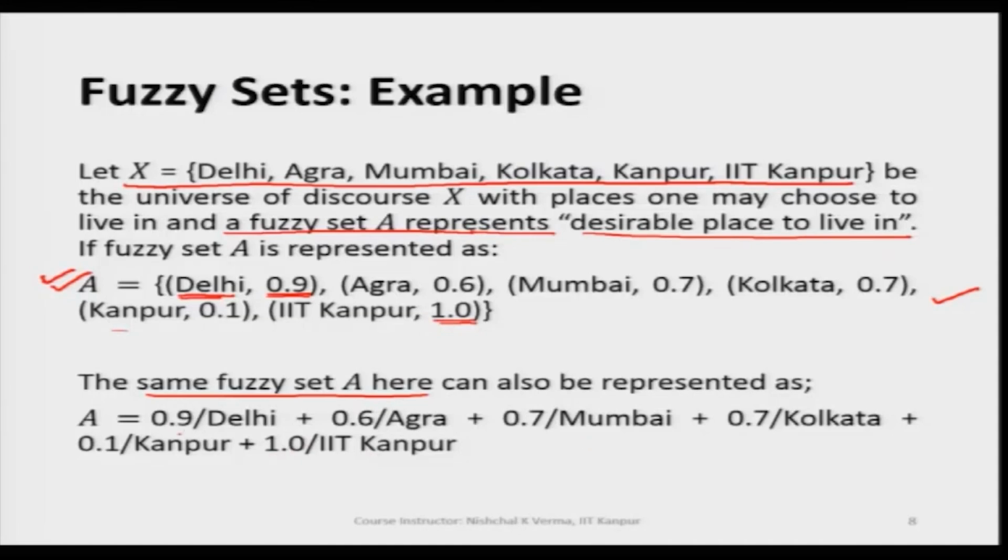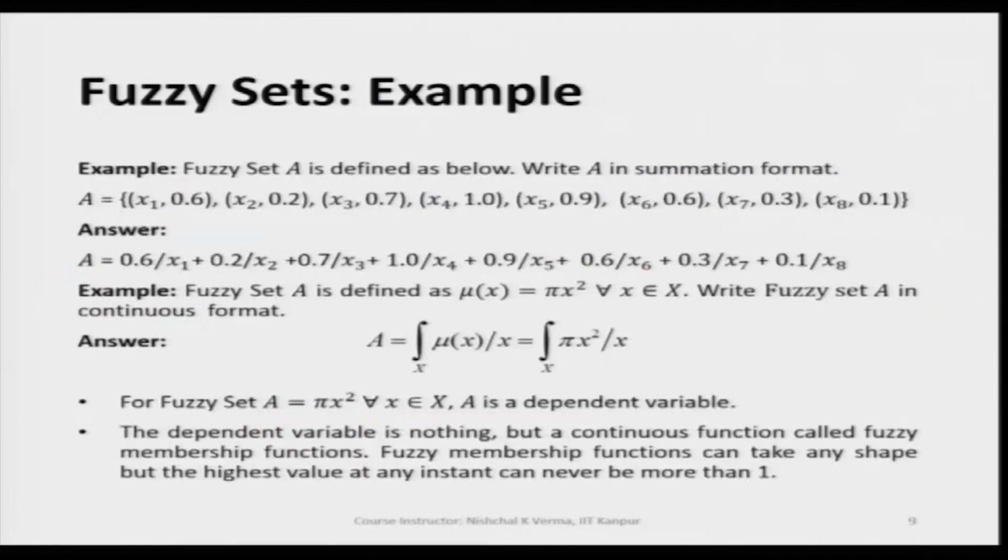So, we see that the same fuzzy set will have first membership value and then we separate it by the slanted line and then we write the corresponding element. So, like that all the elements in the fuzzy sets are included. Now, if we take another example here to make it more clear. So, a fuzzy set A is defined as below, write A in summation format. So, here A is given like this,